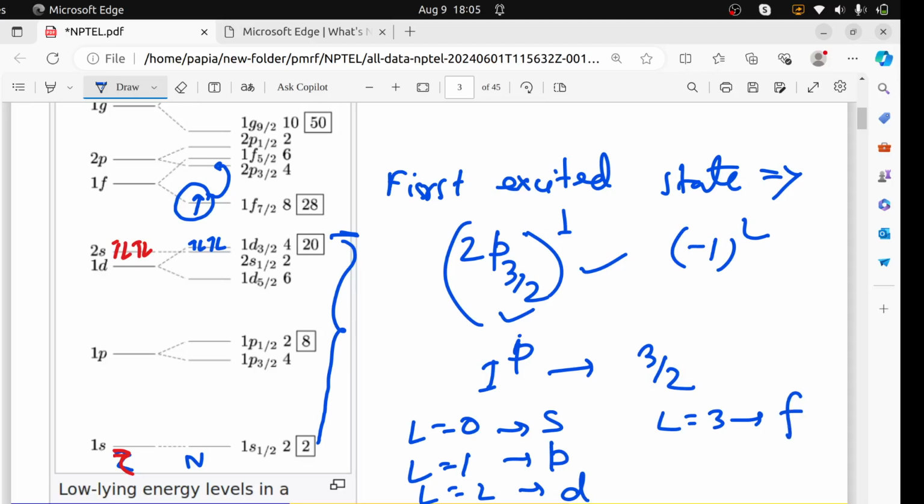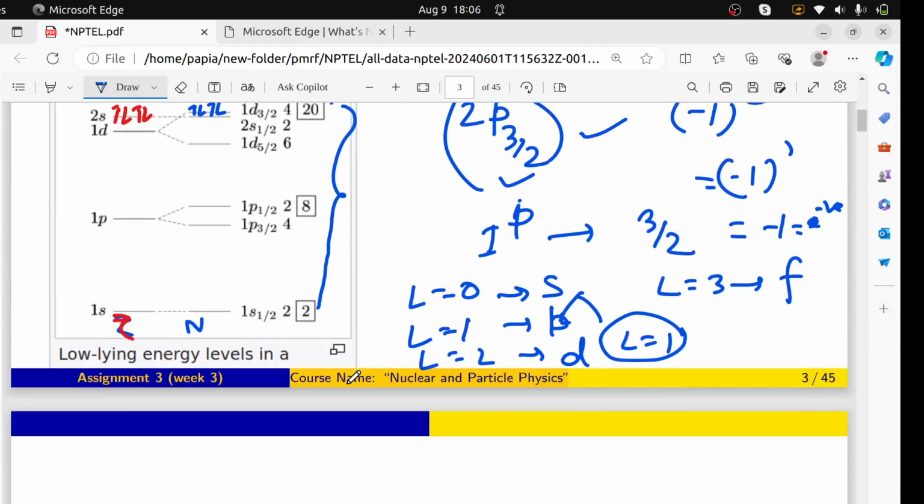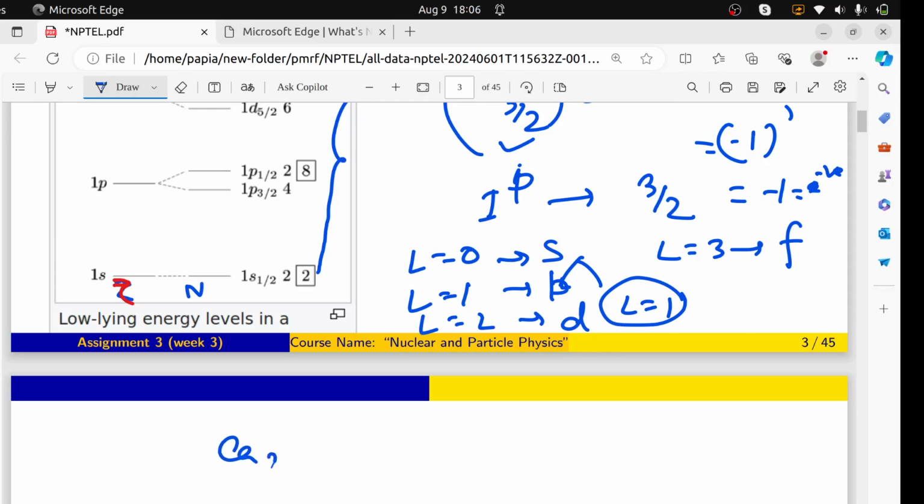So as you can see, that is 2p 3/2, so obviously p is there, which means it will have n equals 1 for this case. If I write minus 1 to the power 1, that will be minus 1, which is a negative value. So for the IP case, for calcium 20 41 in the first excited state,